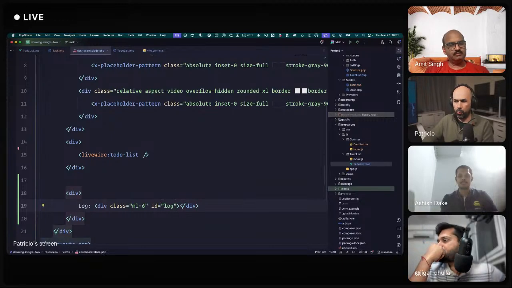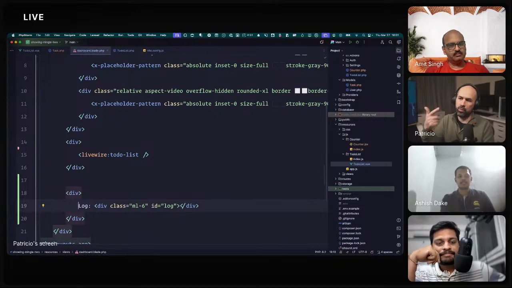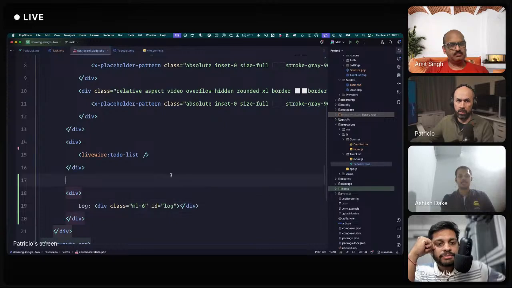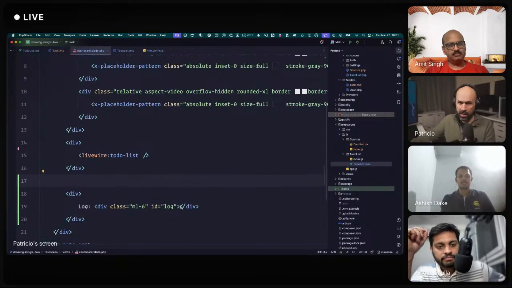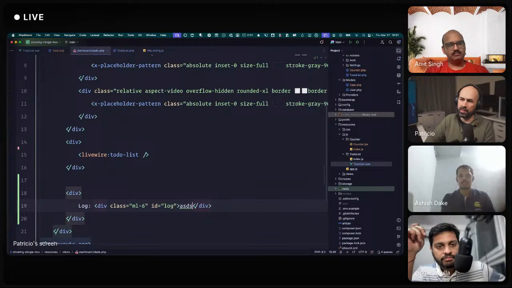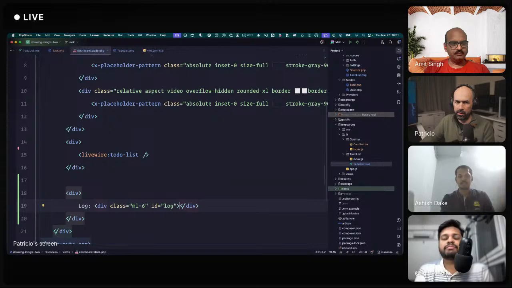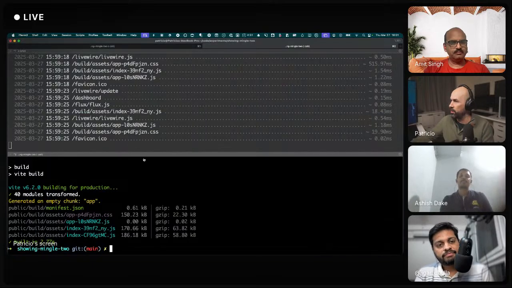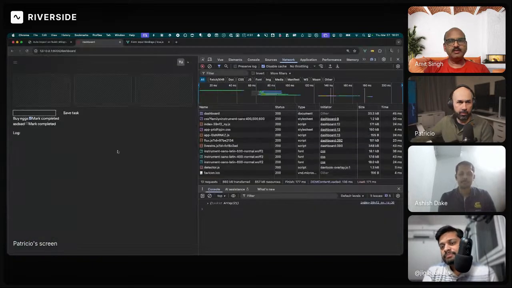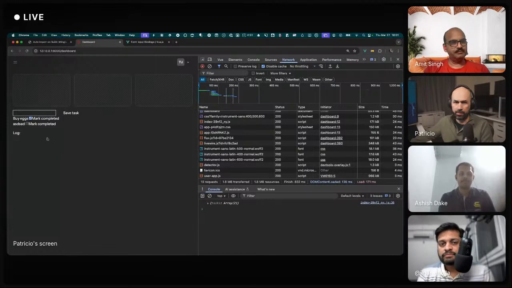We can come and append to the inner text what was done. Sorry, can you repeat? We can come and append something. We add a task, this task added. And then we add another task, this task added, this task added. Just to make a small behavior. Is that okay? Yes. Okay, so the log is empty.